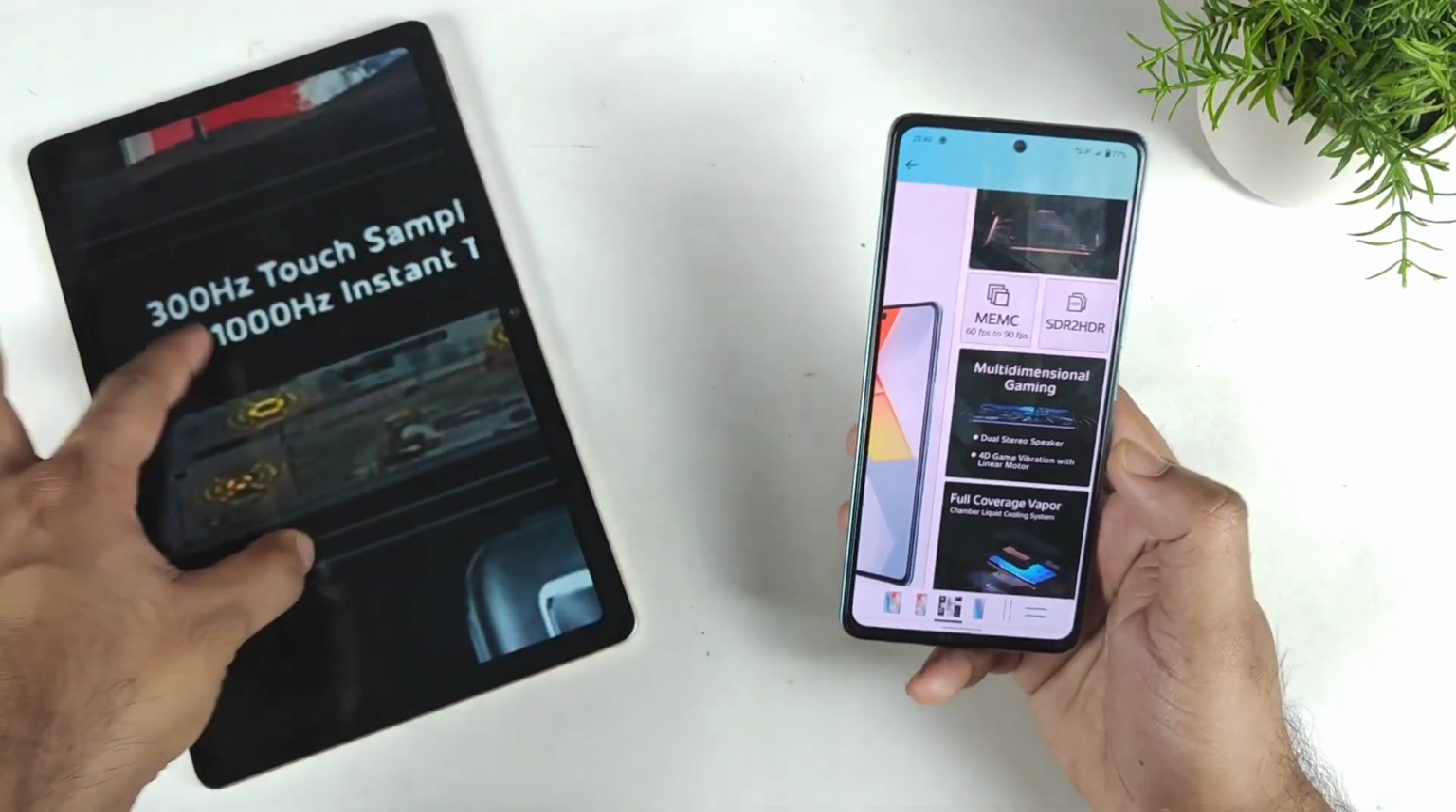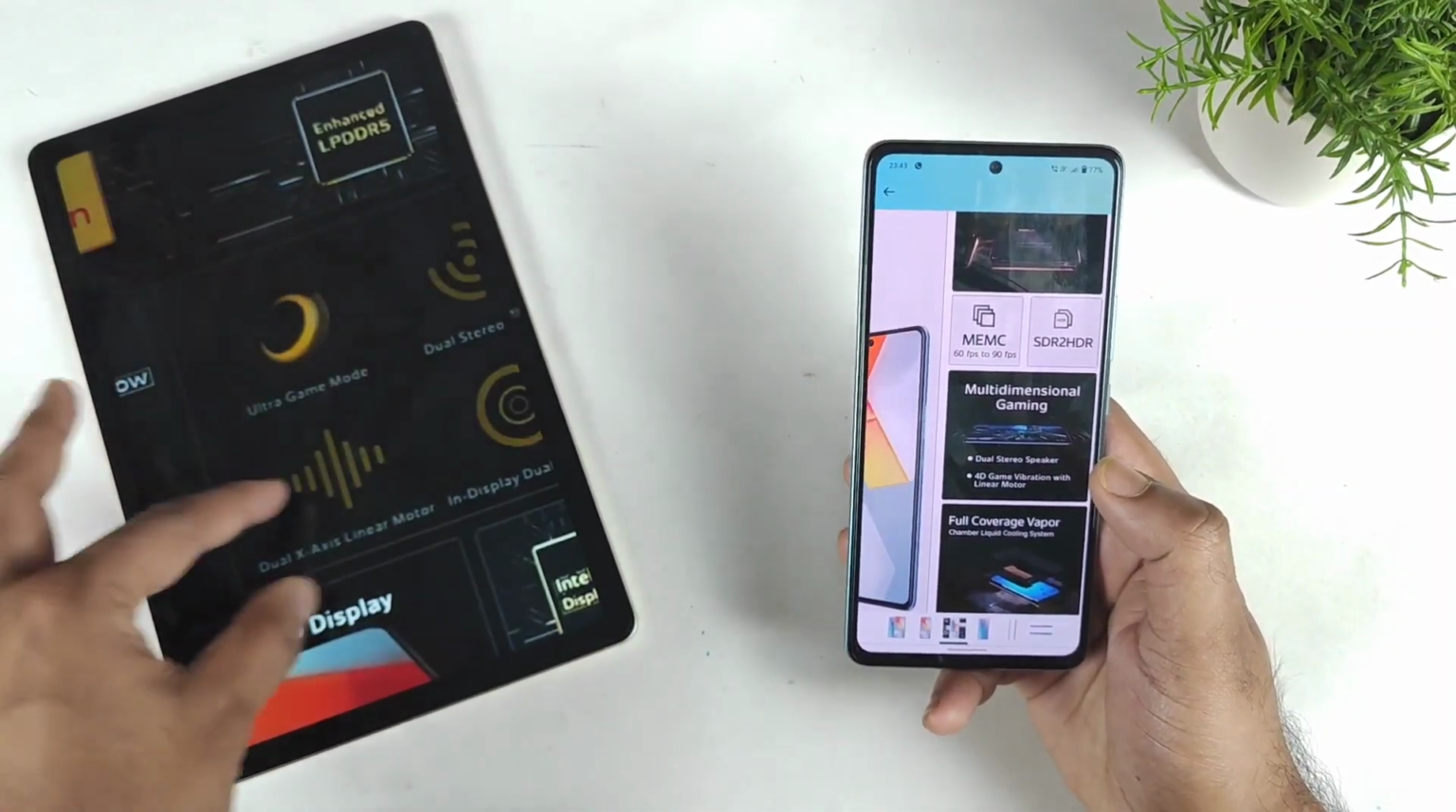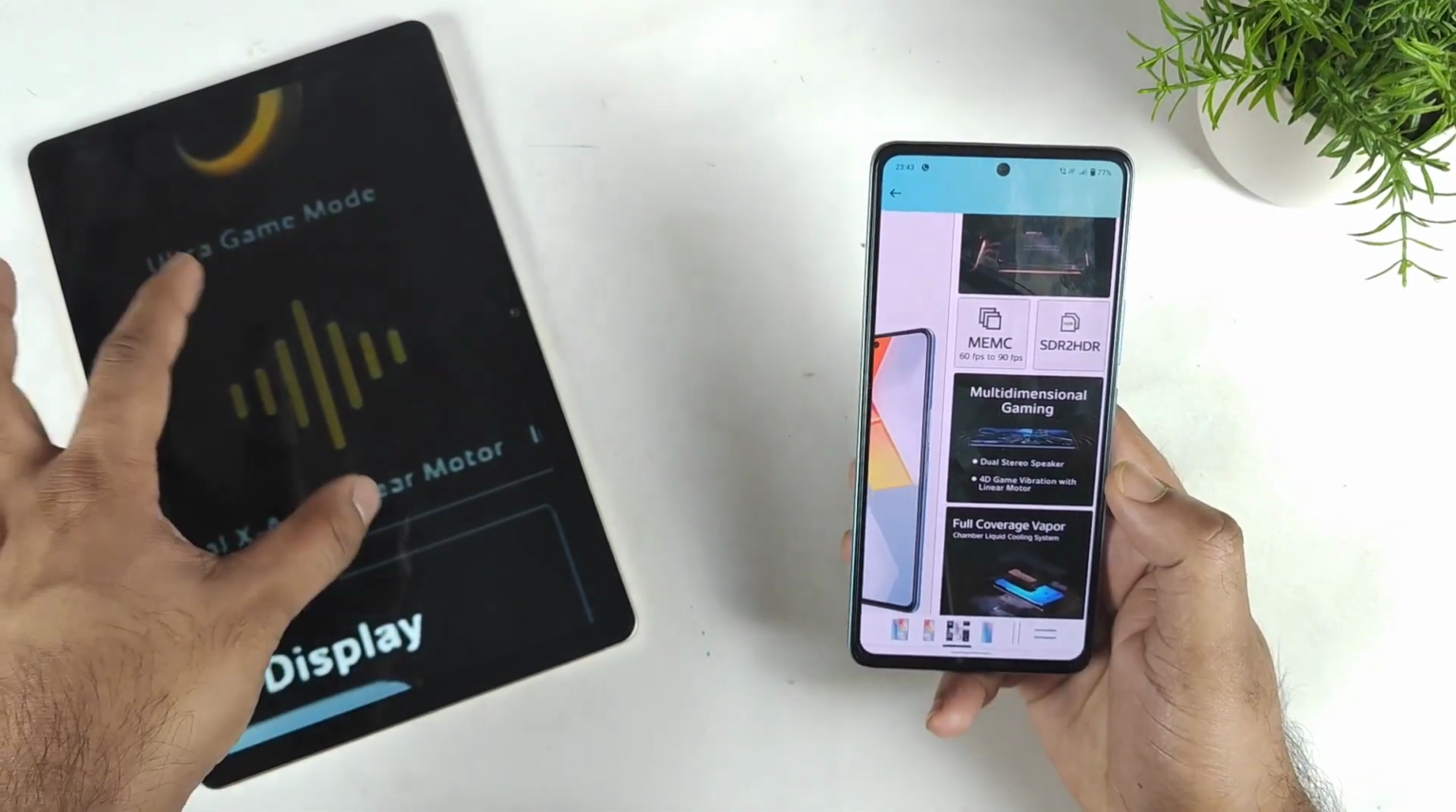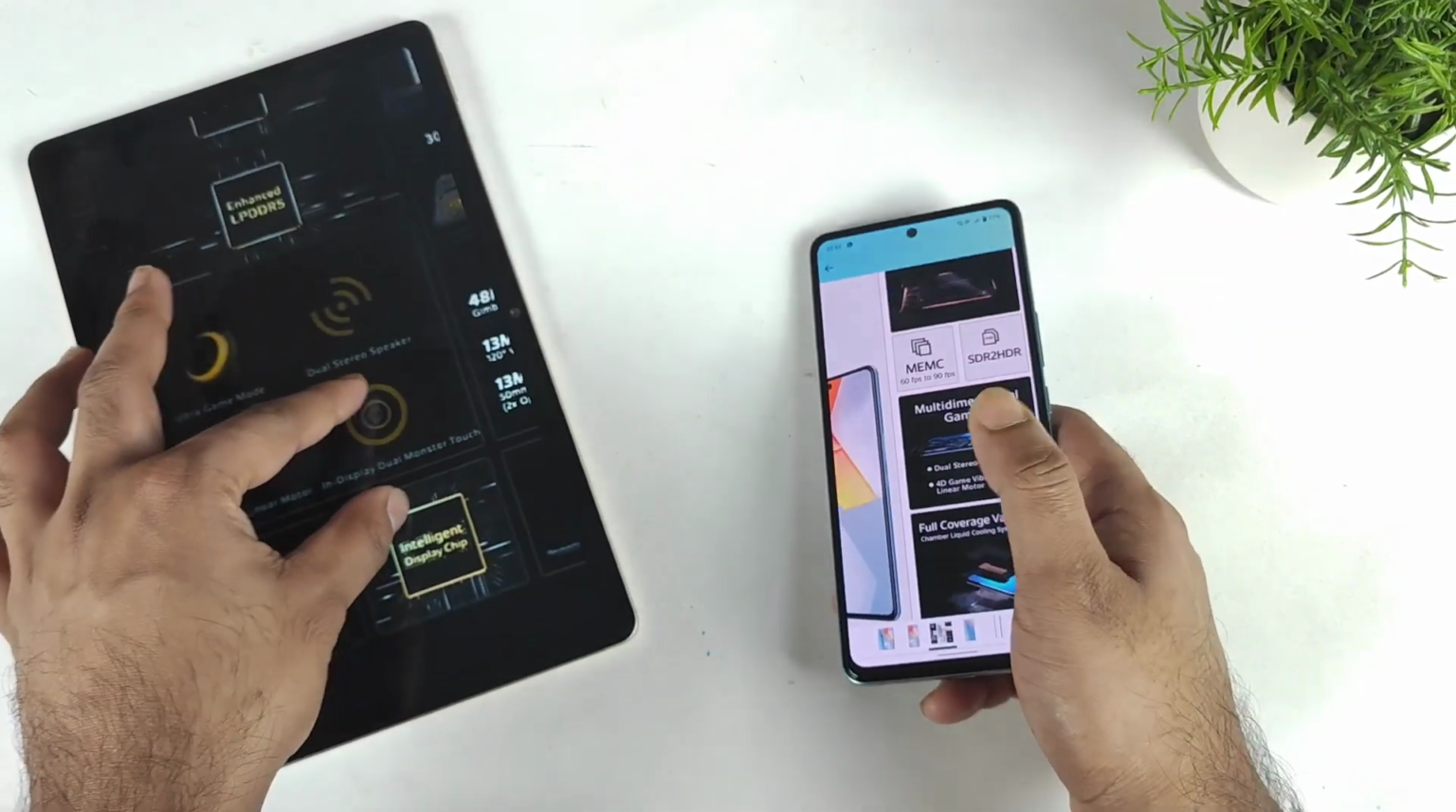And the vibrations will be there. The same kind of linear motor vibrations which is present here. Same kind of vibrations will be there. Dual speaker setup. And next thing is about